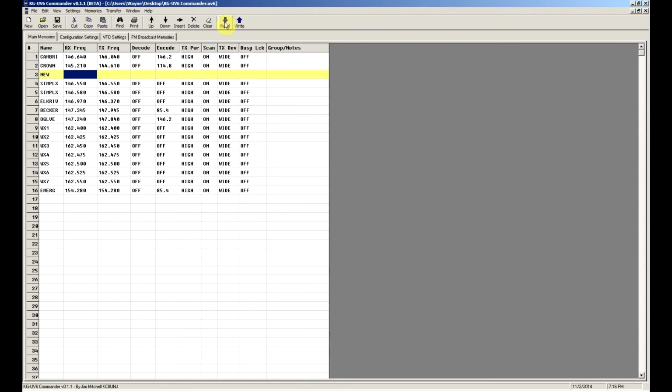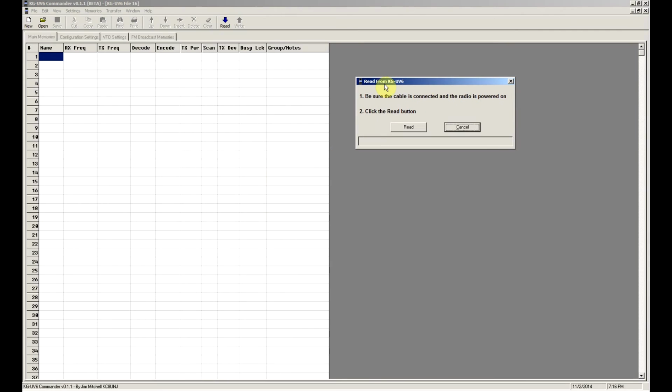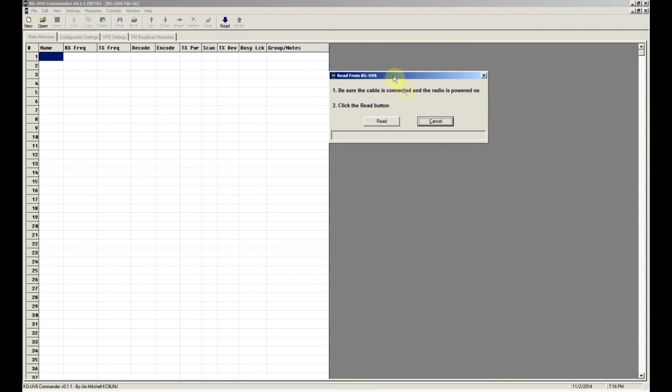The first one we'll do read. Click on that. And what it's going to do is create pretty much a spreadsheet, a new spreadsheet for you. And it'll bring up this dialog here. And if we click read,